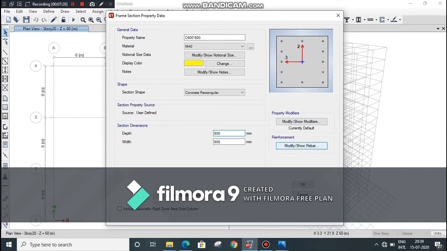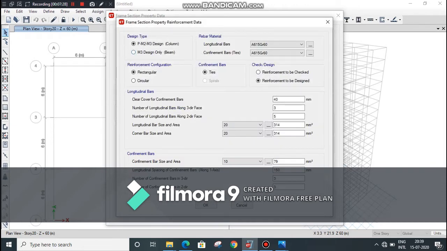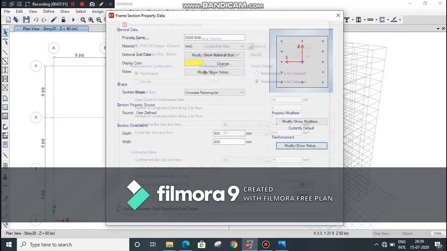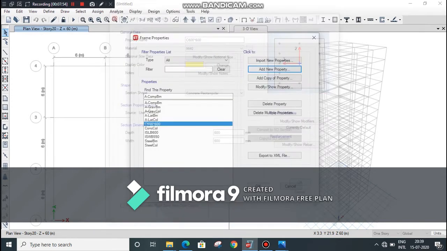Go to reinforcement modify. Make sure that the design type is column because we are defining the dimensions for a column, and the rebar material in longitudinal bars is HYSD 415. For confinement bars select mild 250, and the clear cover for confinement bar as per the IS code should be 40 mm. Click on OK. Now again click on OK.